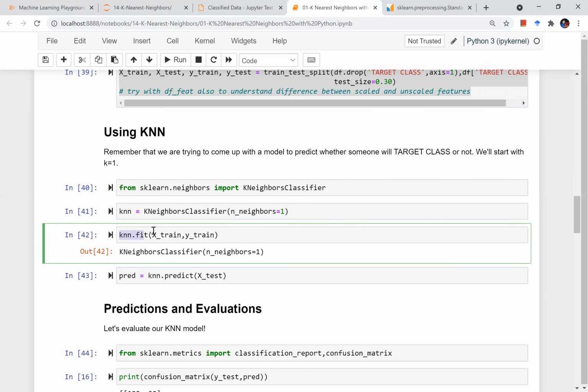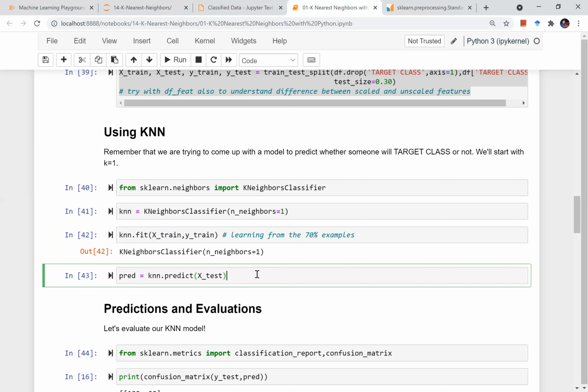I am fitting my model on X train and Y train, and I'm making some predictions on the X test, right? So in this line, it is learning from the 700 examples, or 70% examples, and here it is predicting the 30% test cases.